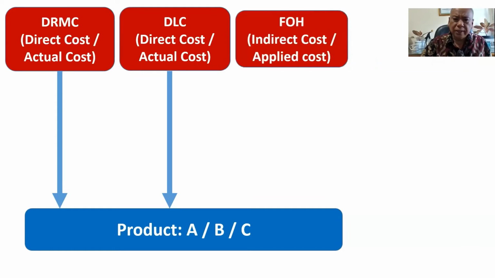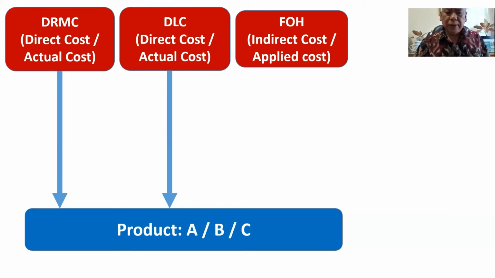A different thing is factory overhead costs. Factory overhead costs are actually an indirect cost of the product, so the cost cannot be easily and accurately traced to each kind of product. So how do we assign the factory overhead to each kind of product? Actually, we need to